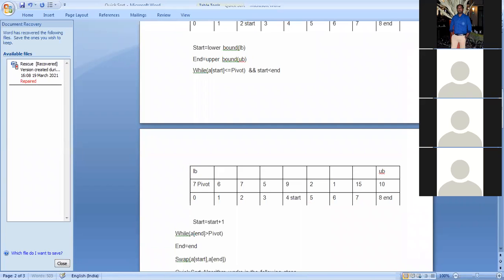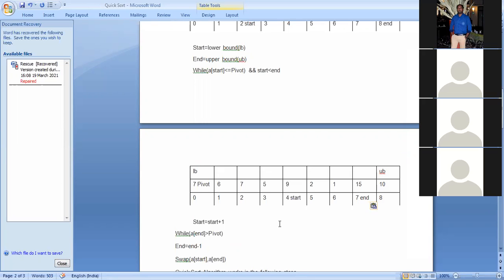So now this value is end, now value is 7. Again we'll check while a end is greater than pivot, so now 15 is greater than 7. Condition is true.